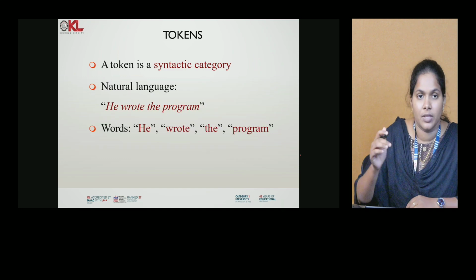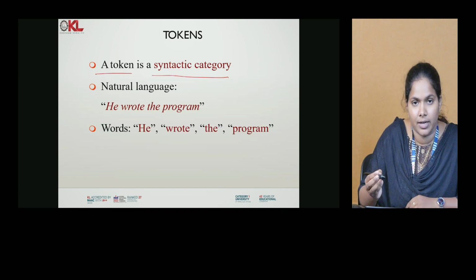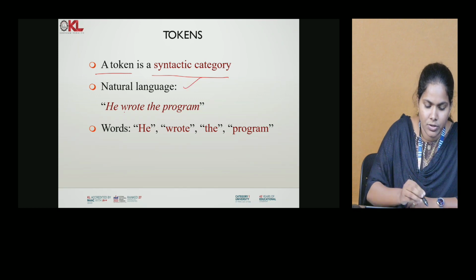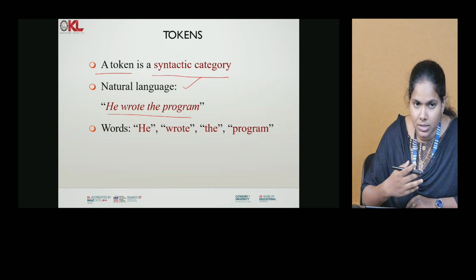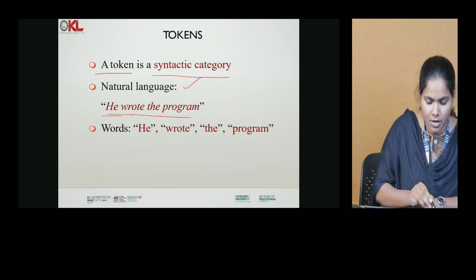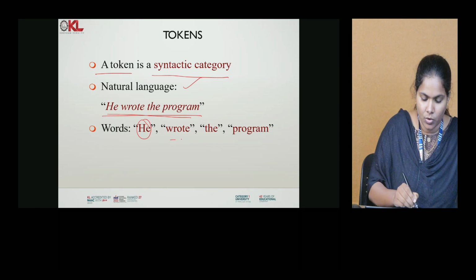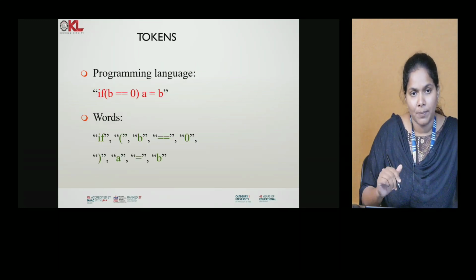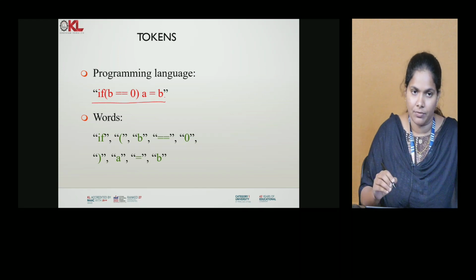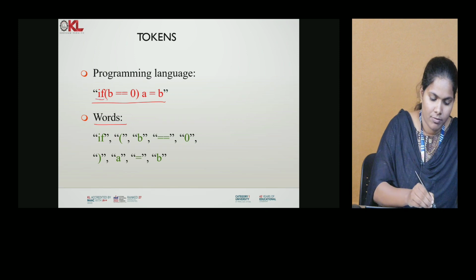Now you can see that a token is nothing but a syntactic category. In natural language, whatever we are talking about, like the English language, for example, he wrote the program. So in this, what are the words? He wrote the program, right? In programming language, there are natural language and programming language, and these are the words. If this open